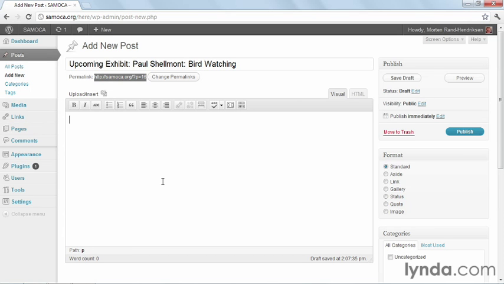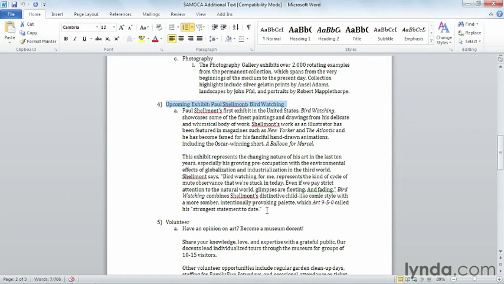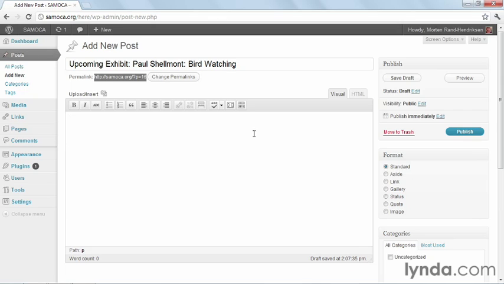Now that I have a draft of the post, I can start writing content. This editor window works much like a regular word processing window does. I can simply type out content if I want to. I can highlight it. I can change the style of it if I want to. And I can edit it in any way I want. In this case, I'm going to paste in some content from the Word document again. So I'm going to go back to my Word document, copy the content, and then I'm going to paste it